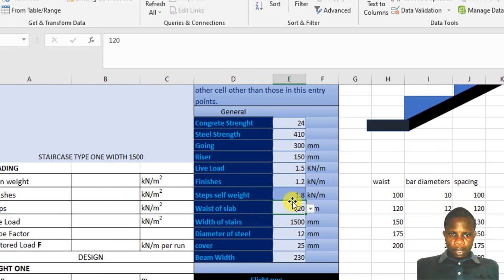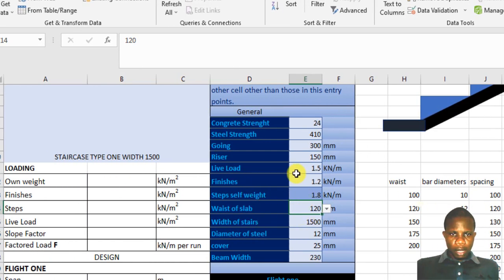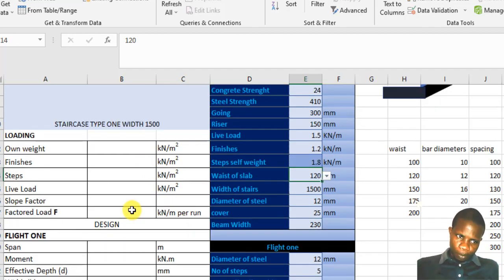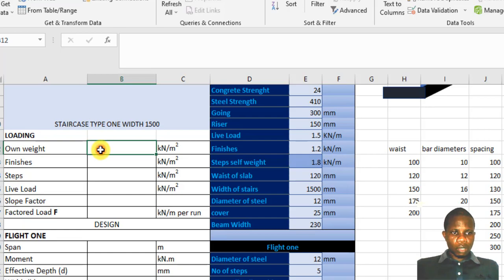Now that is done. After this, when we finish, we are going to lock that particular cell. You won't be able to edit it. Only when you change the value to change, because it's going to be linked here. And if we now come to the output, this is how we are through with our input, where we'll be playing along with those values to get the desired product. So we want to look at the own weight